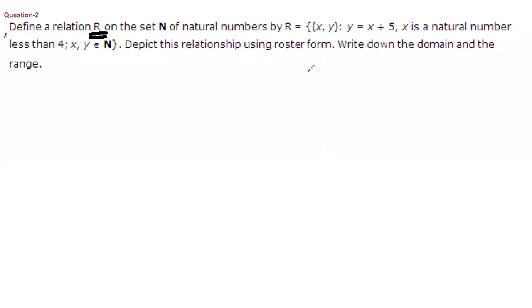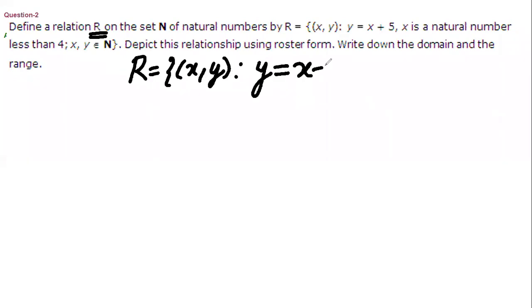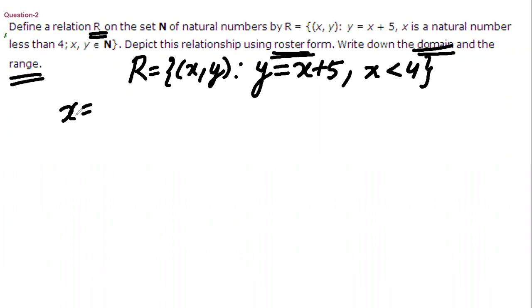We have a relation R that is xy. I said that it always occurs in an ordered pair. How? y equal to x plus 5. And there is a condition. Can you see here? The value of x is less than 4. Depict the relation using the roster form. First you have to write in roster form. Simply, you have to put values like we did just now. Find the domain and then find the range. So hurry up. Tell me the answers here. What will be the x here? Tell me quickly.